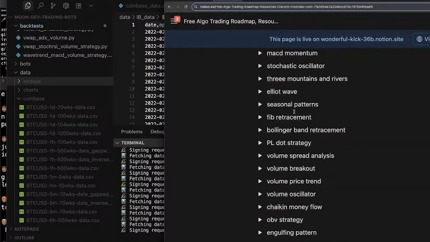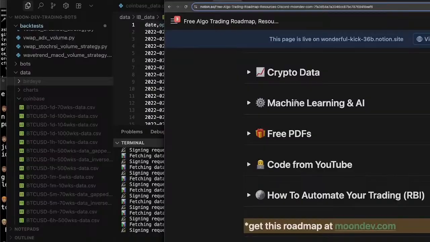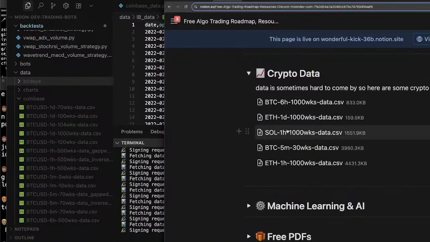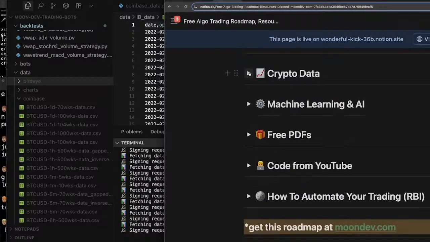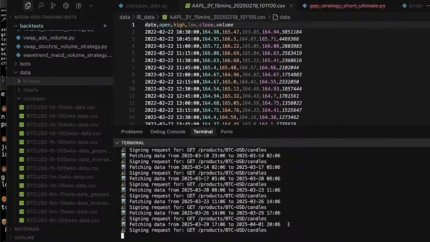There's some data on here. So, crypto data here. Here's some data. 1 hour, 1 day, 1,000 weeks. So you got sources you can email in, and I'll send it. This should be enough. Should I probably get the ETH? Please implement all sources of any of the data sources. We put this into